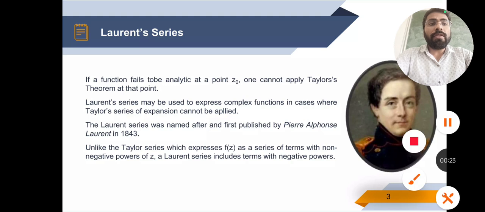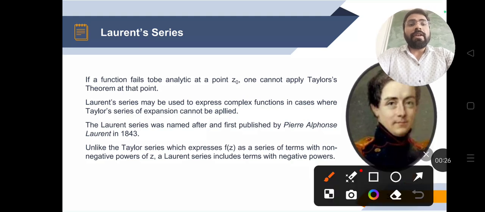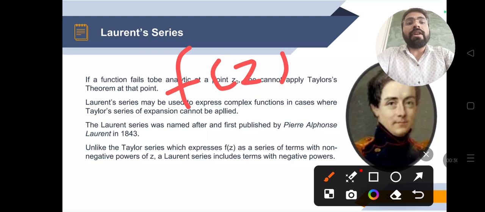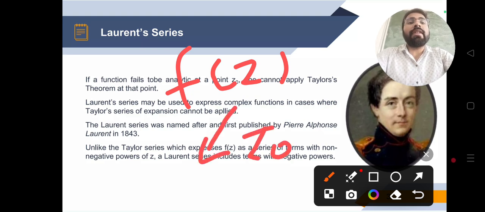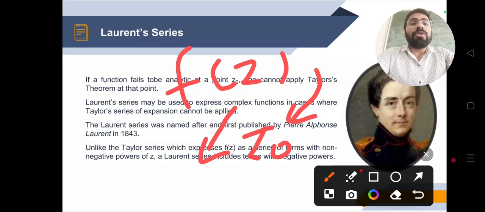So first, what is Lorentz series? If we are having a function f of z and we are checking at z0, it is either analytic or not. If it is not analytic at z0, then we cannot apply Taylor's theorem at that point. तो ऐसा कोई पॉइंट जिस पर हम टेलर सीरीज अप्लाई नहीं कर सकते, उस पॉइंट पर हम लॉरेंस सीरीज एक्सपैंशन अप्लाई कर सकते हैं।